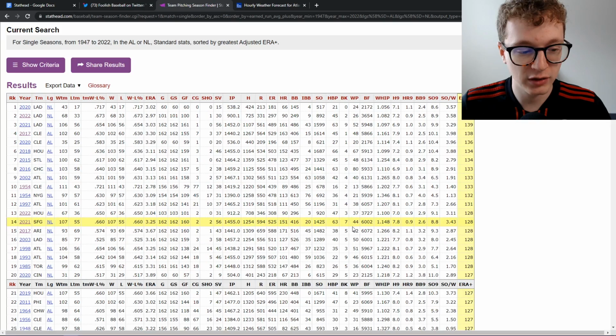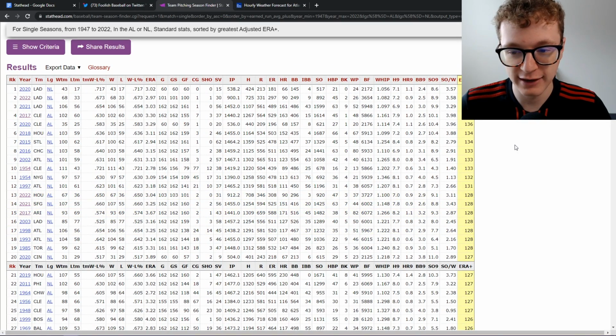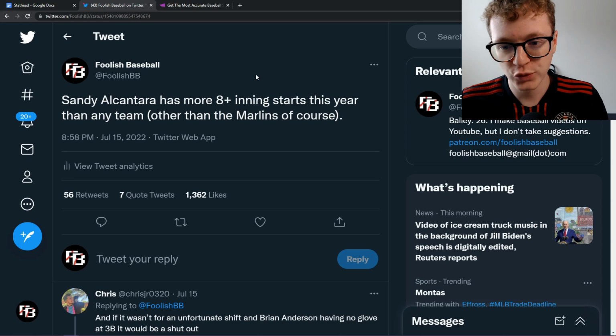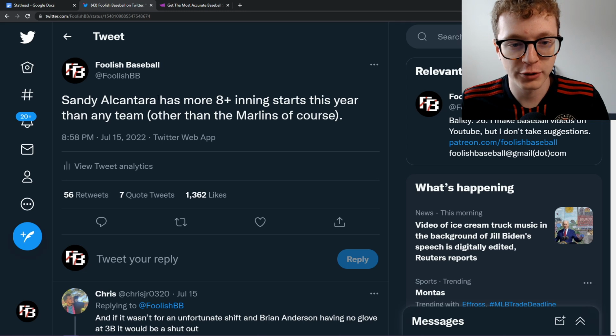So just a quick glance, these are some of your best pitching staffs in MLB history. And we have Stathead to thank for allowing us to see it so easily. So here's another one from a tweet I did, and then I promise we'll get into some of the baseball bit stuff. But Sandy Alcantara has more 8-inning or more starts this year than any team, other than the Marlins, of course. So Sandy Alcantara, of course, front runner in the National League for the Cy Young Award, and this